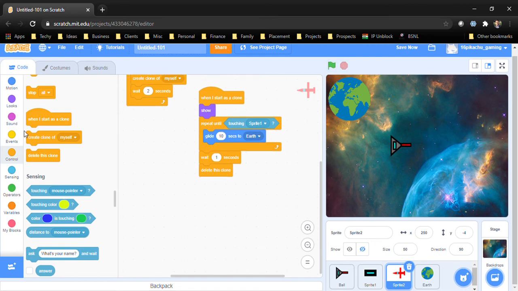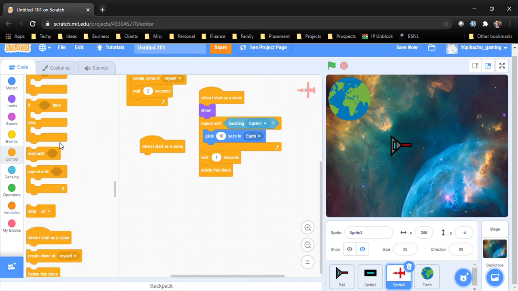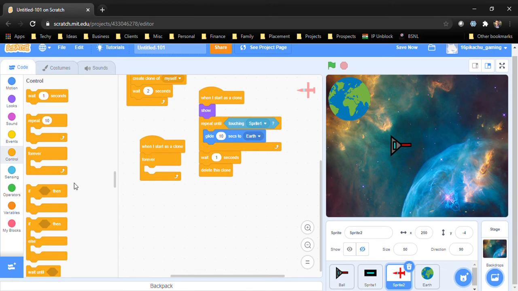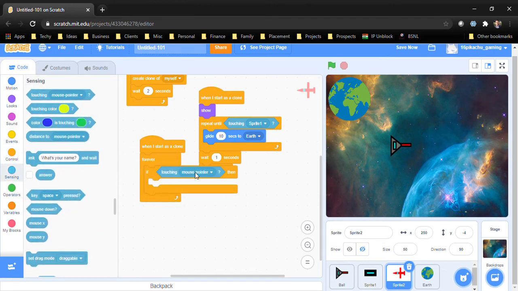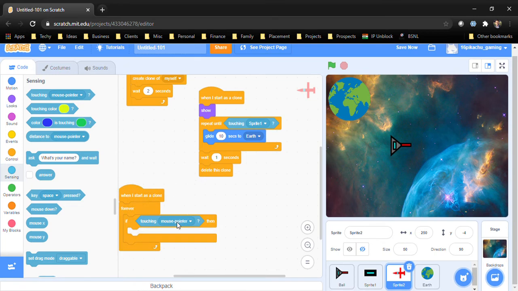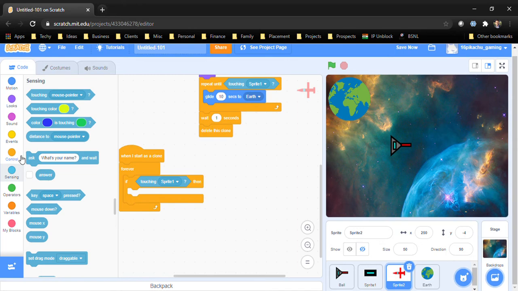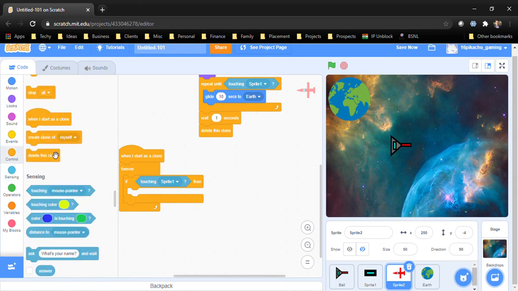So what we will do is, when I start as a clone, forever if touching sprite 1, which is the bullet, delete this clone.